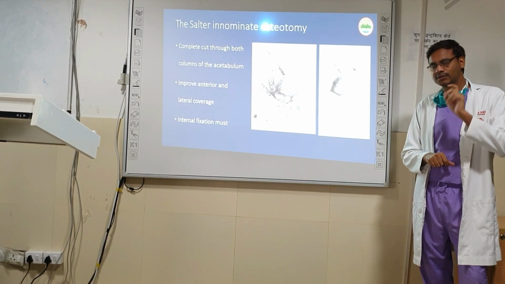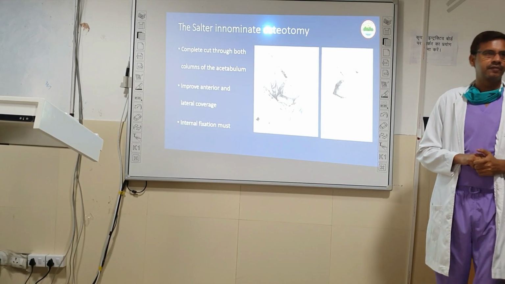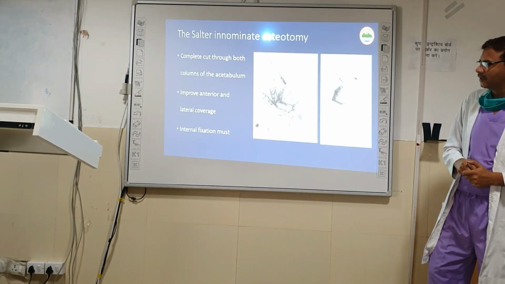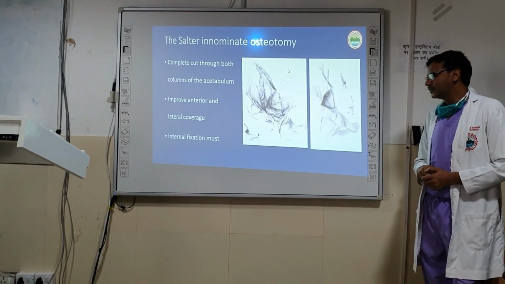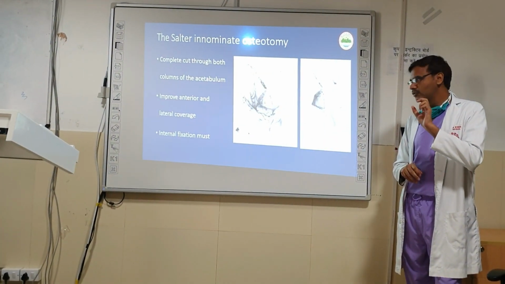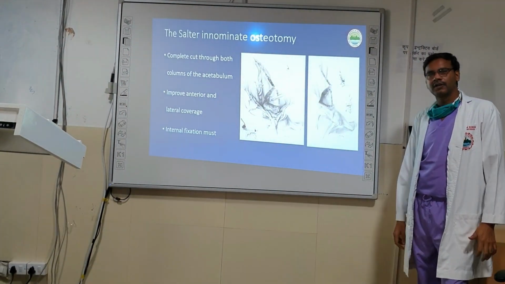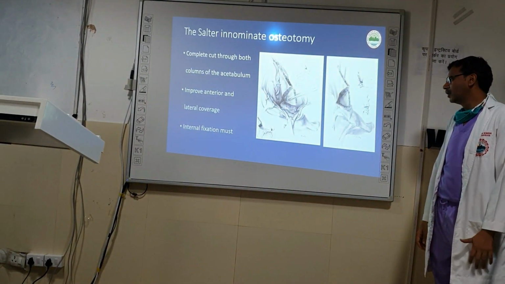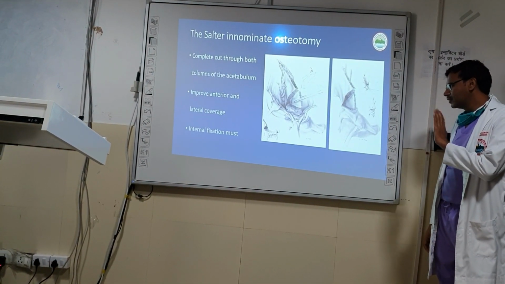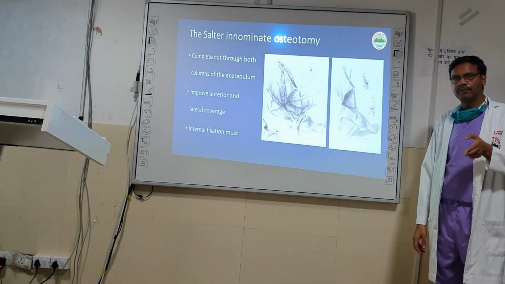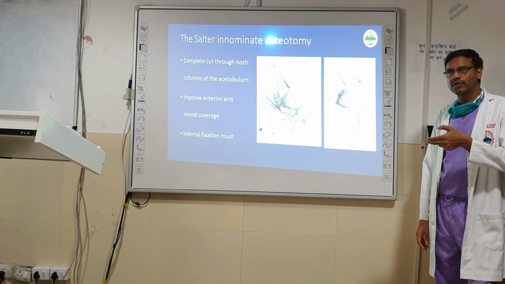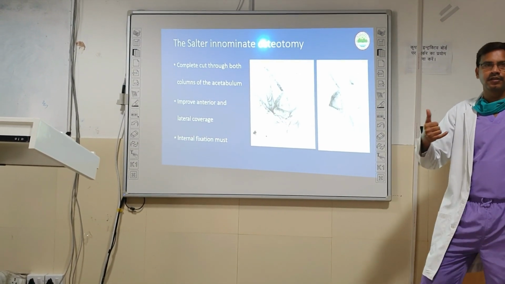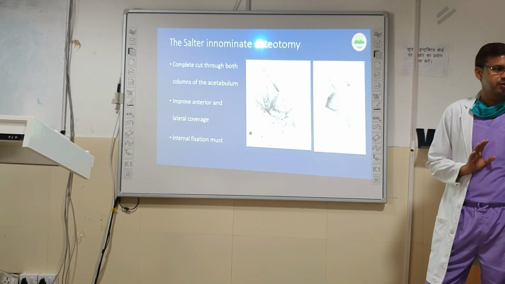So that's why Salter osteotomy is always done when the pubic symphysis is not fused. It is supple. That's why it is done in younger children. And then whatever amount of coverage you require, you just insert a tricortical iliac crest graft. It can be taken from the same side or it may be an allograft also. The important disadvantage of this osteotomy is that it is sometimes risky, because you know there is one important branch of the inferior gluteal artery which passes through the sciatic notch, and there may be a torrential bleed which you may not be able to control.